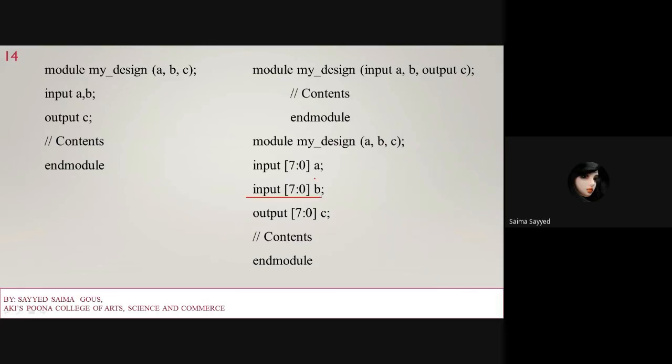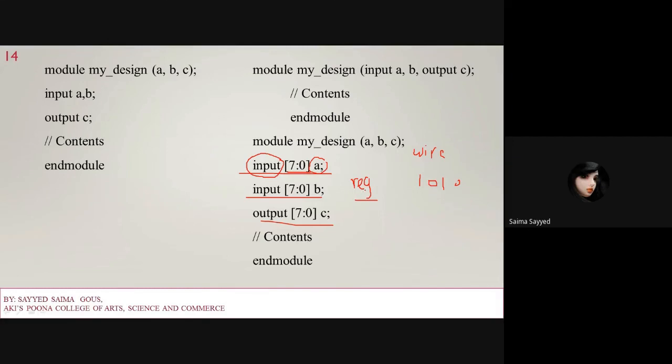By default, A, B and C are considered as wire, that is the net type data type. Now if I want to store the data in A, B, C, then after writing input I have to define A as a register. That means I have to store the value of A, whatever the value is, like an 8-bit number 1001.